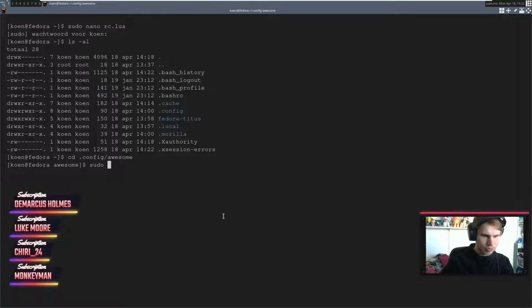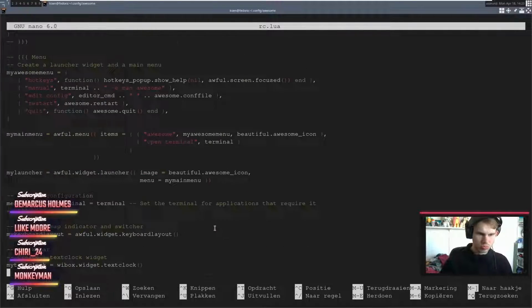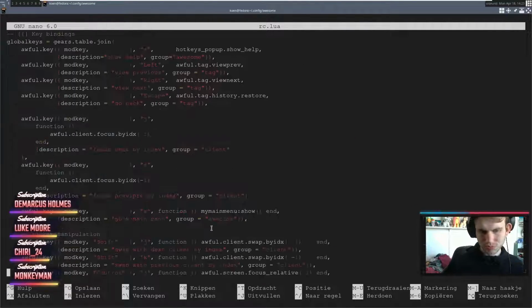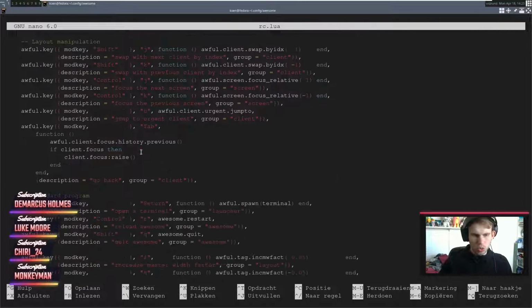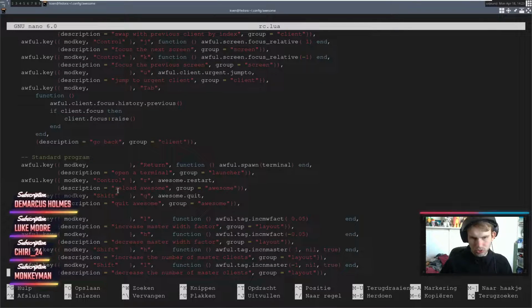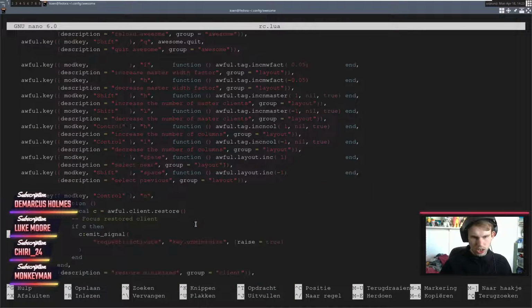But yeah, this won't hurt your hands quite as much, which is great. And now what you can do is you can simply run this and have fun with it. So this is just going to open a terminal, which is correct. Let's see what other things we can do in here.